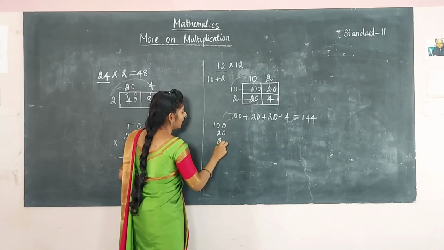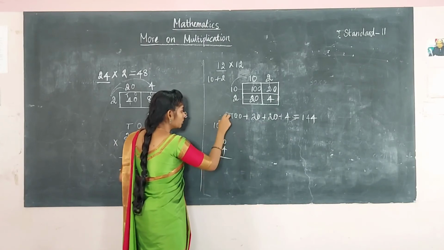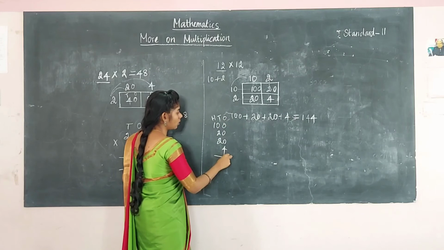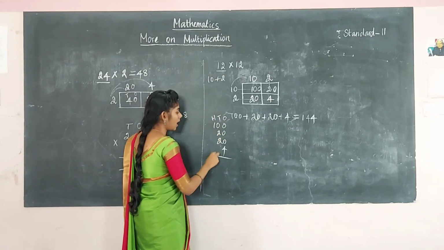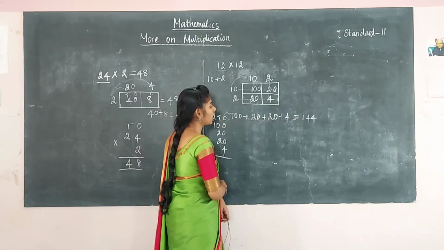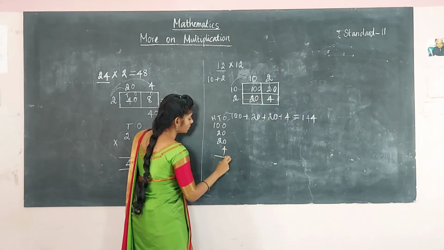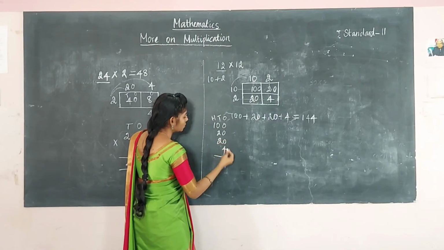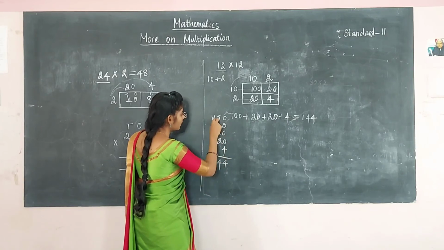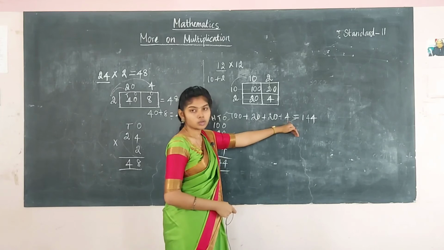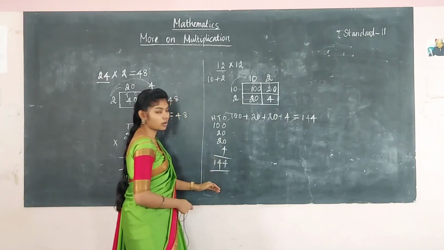And here by the place value chart, how will you add? You will give the places and then you will add, right? First in the ones place, then tens, then the hundreds place. The same way only I have done here. So in the ones place it is 4. 0 plus 0 plus 0 plus 4 is 4. 2 plus 2 is 4 in the tens place, and here in the hundreds place 1. The same thing only. By this way also you can add.